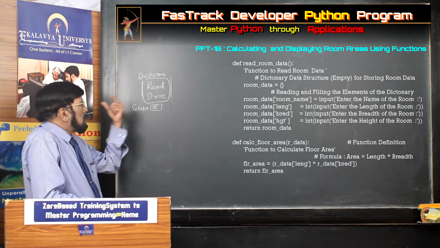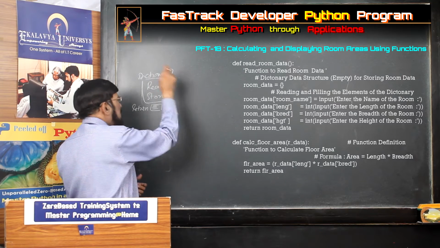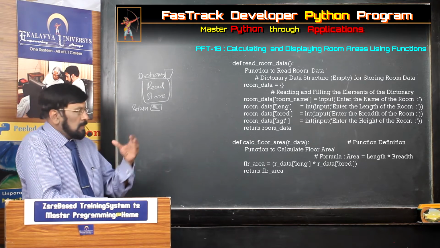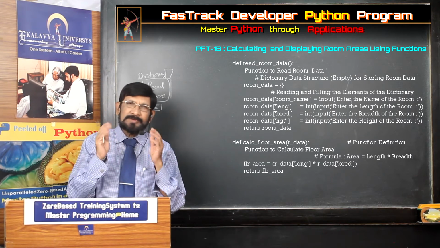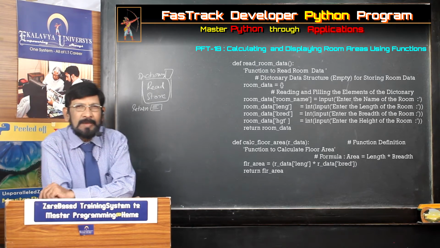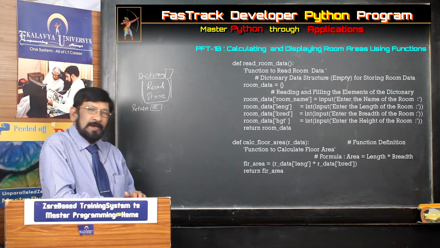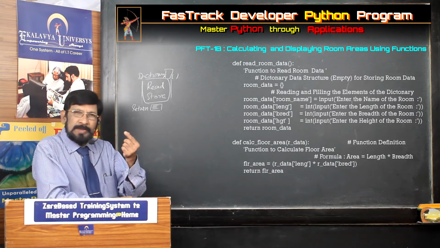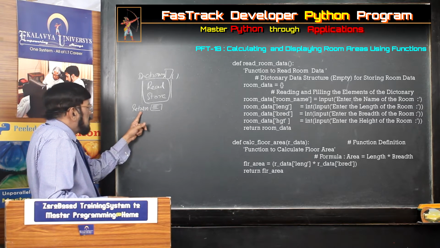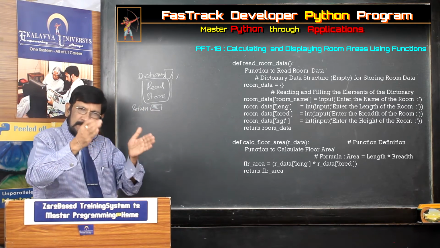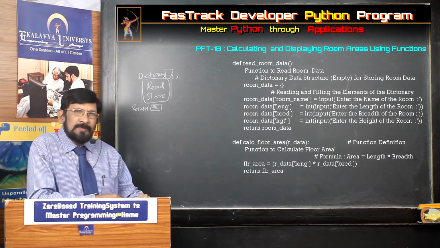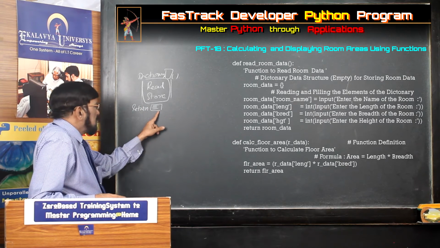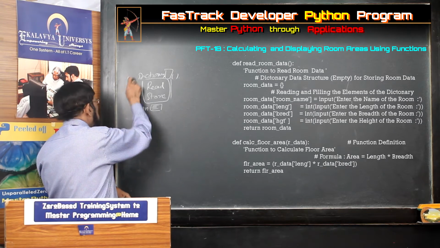Now one more thing you have to analyze. I have already explained that functions are of four types. Before writing a function, you have to think about which type of function we have to write. Which type of function is it? On the top header you can find empty parentheses. That means it is not taking any inputs, but it is returning a value. A value means a data structure. That's why the type is: function which takes no argument but returns a value. That is the first function, over.